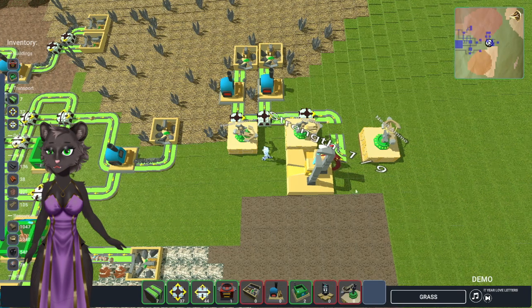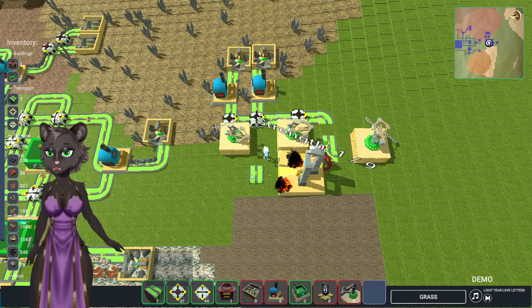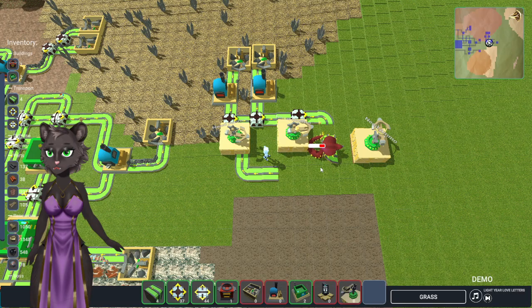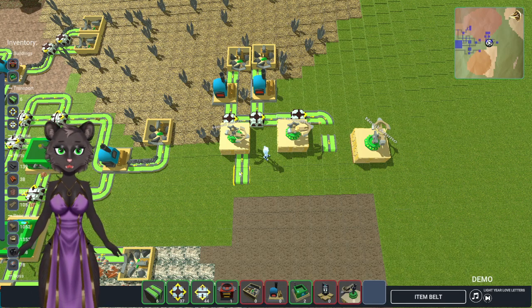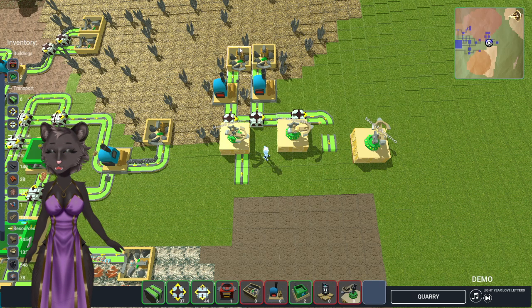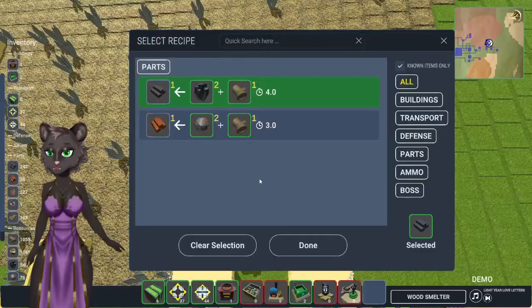Wait. Does the thumper power the... It said you could use anything as ammo, though. Okay, I don't understand. We got this far, and I don't understand. It said you could use anything as ammo, but not all ammo was equal. So I thought I could harvest, and this isn't even doing anything. Like, this whole thing isn't even doing anything. It's not harvesting. It's not feeding anything to the...